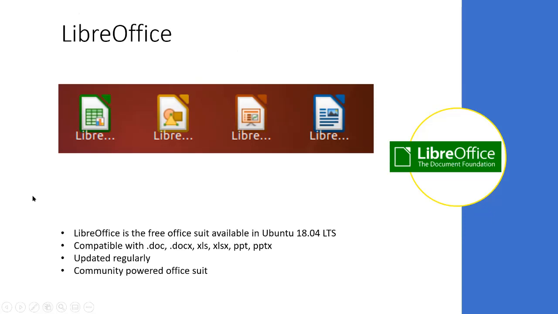It is a regularly updated, community-powered office suite. You can open document files created on your Windows machine using Microsoft Office even in LibreOffice, which is compatible with MS Office also.